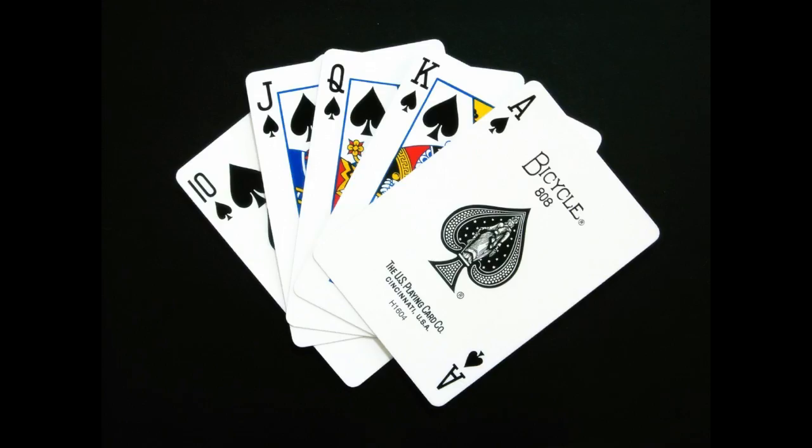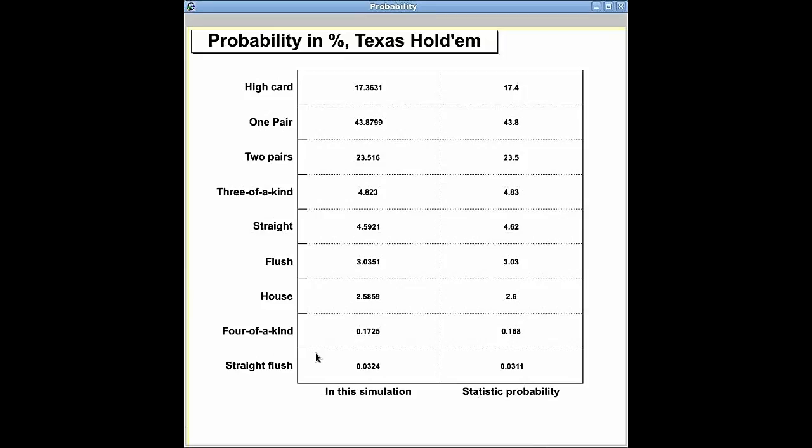Now everyone who plays poker eagerly awaits a specific card that completes a straight flush. So just how often does someone hit the jackpot? Here is a table that shows how often one gets each hand in simulation and in statistical probability. The probability in Texas Hold'em, especially the high card, in the simulation range starts with 17.36, for 1 pair 43.87,